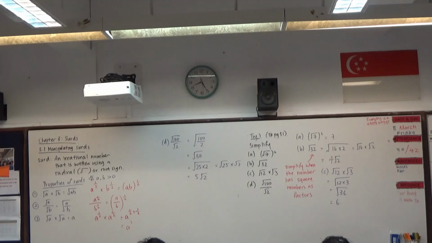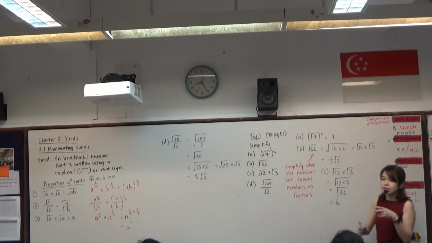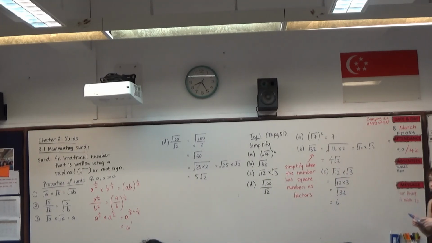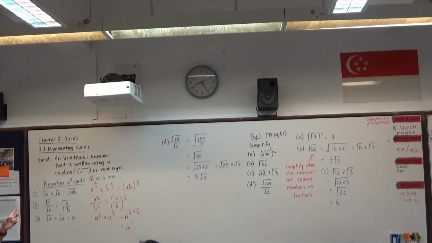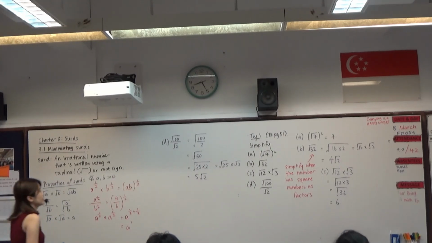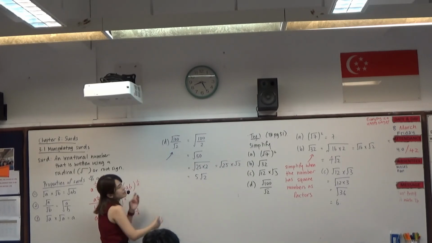Okay, any questions? No? Okay, yes, Alex. For the what? Okay, yes, you can. For square root 100 over square root 2, you may see square root 100 is